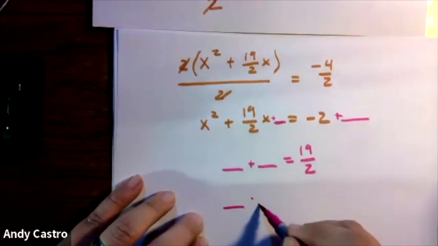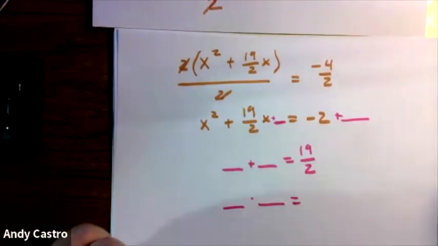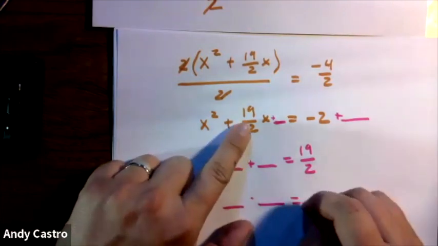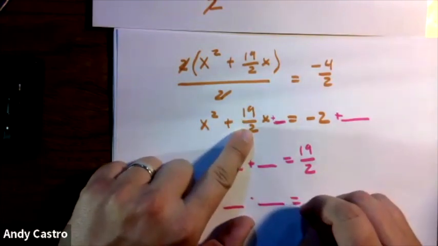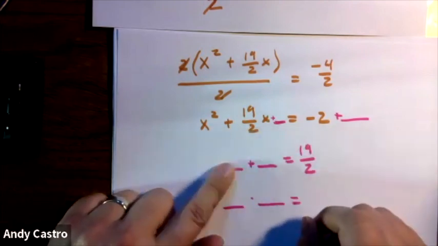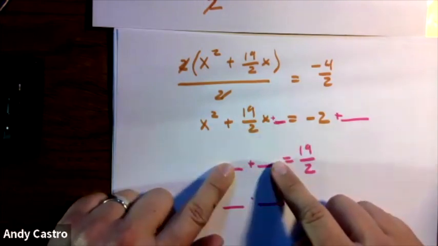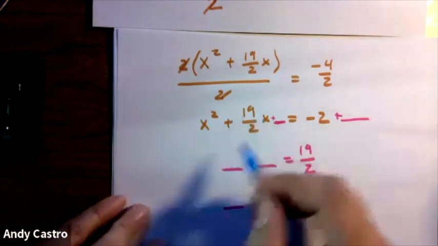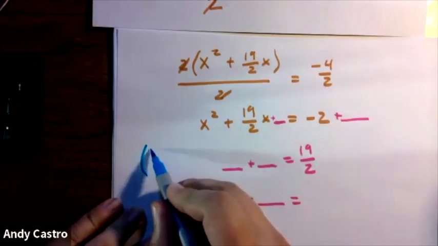And then what do those two things multiply together to give me? Now, this can be a little complicated. How on earth do I find half of 19? Well, half of 19 is 9.5. And then I want half of that, half of 9.5 here and here. So that can get a little confusing. So that's why we take half of 19